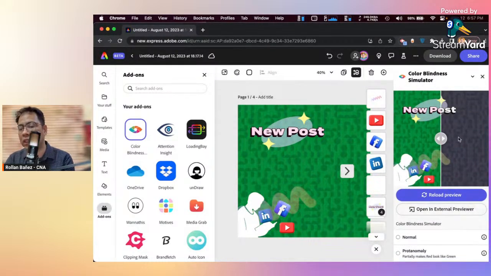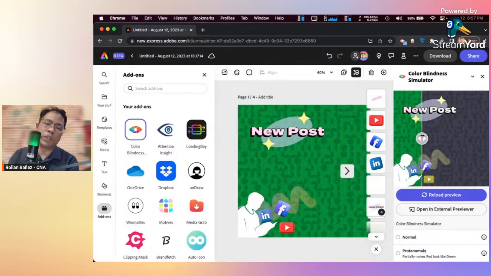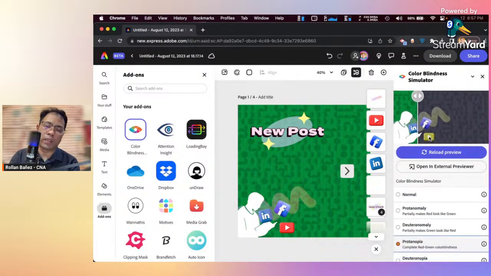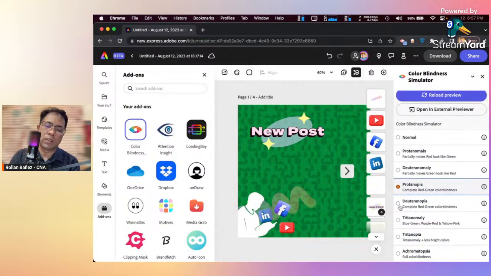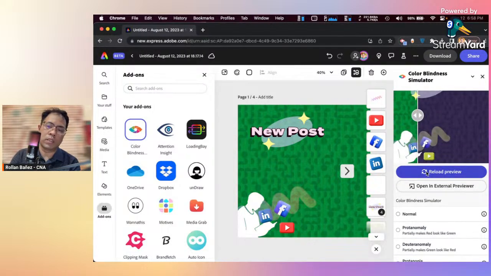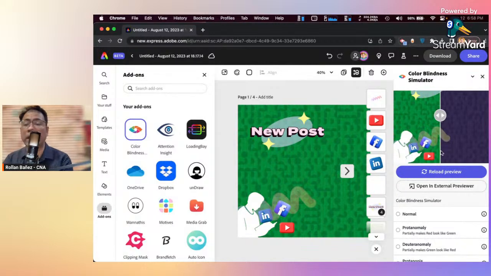As you would see, this is actually protanopia. So if you want to evaluate your design, as you would see, the red YouTube logo will not be good to see if you are colorblind. But you can easily switch to another one, which is this one, and you would see this is the effect that it's having if you have that certain color blindness.